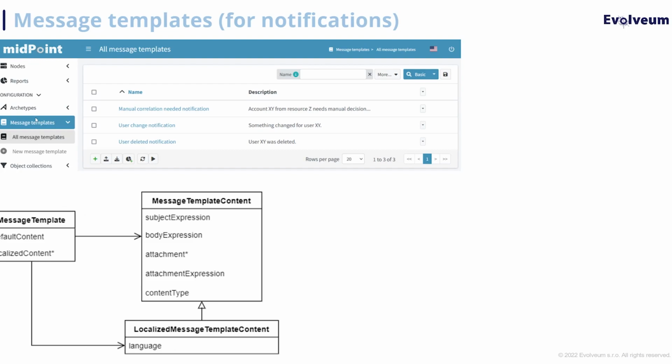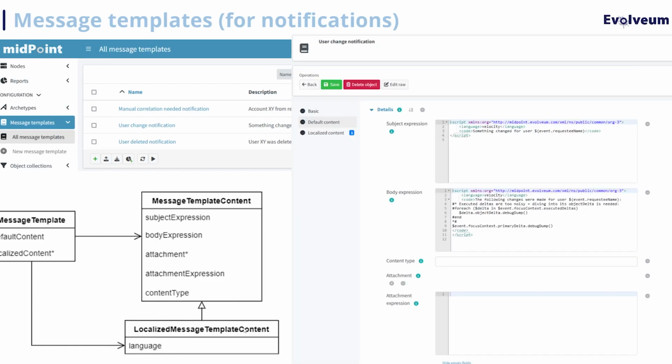How does it work? There's a GUI for it as well. So there's a list of these message templates, and the message template actually contains default content, which is everything you have to care about if you're not interested in localization. But in case of a multi-language environment, you can also add localized content, which means that you can localize many of these types extended by the language. And how does it look? In the detail,